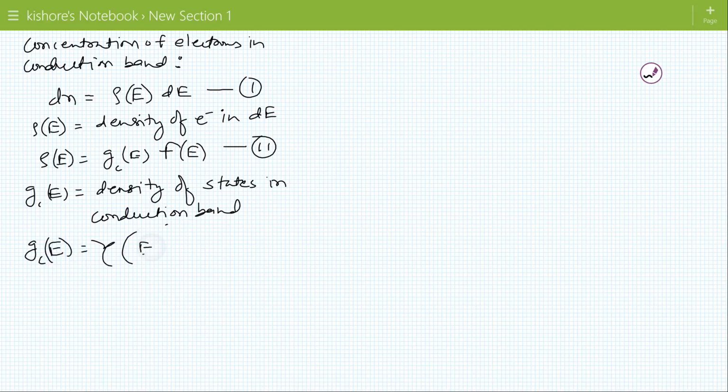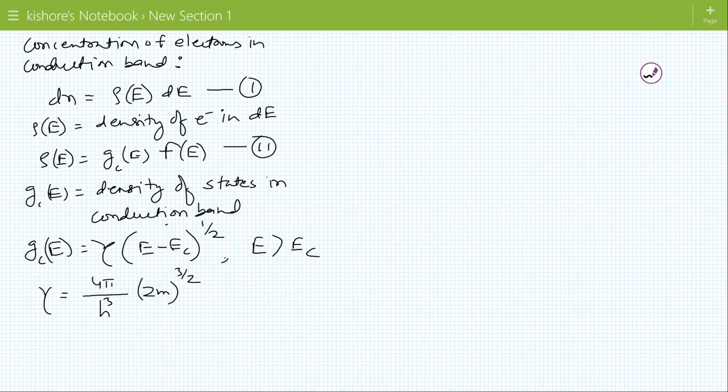gamma (E minus EC) to the power 1 by 2, and in conduction band E is obviously greater than EC, because EC is the lowest energy of conduction band, and this gamma is basically constant. The gamma is 4 pi over h cube, (2m) to the power 3 by 2, where m is mass of electrons and h is the Planck constant. So